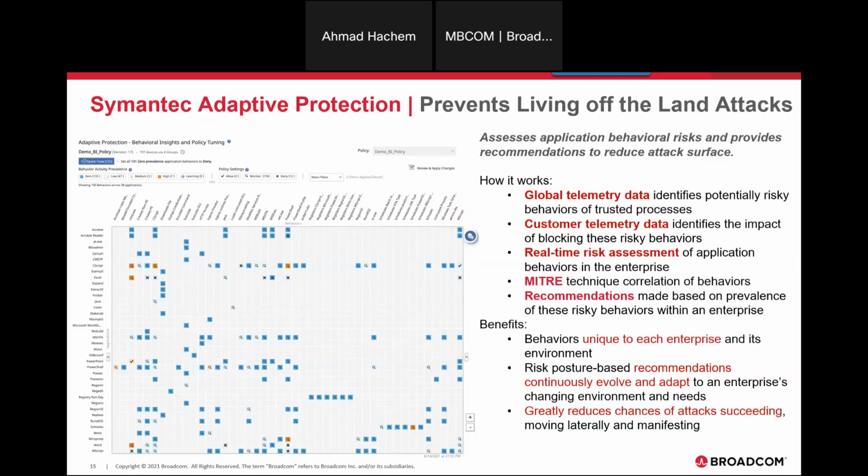A quick look into the heat map of the adaptive protection. I'm going to shift to my demo. I'll be going back and forth between the slides and demos, but before we go to the Cloud Console, to shift my lab environment,